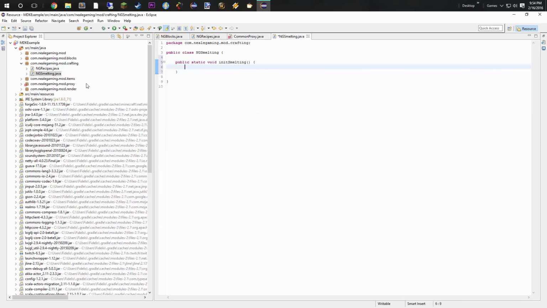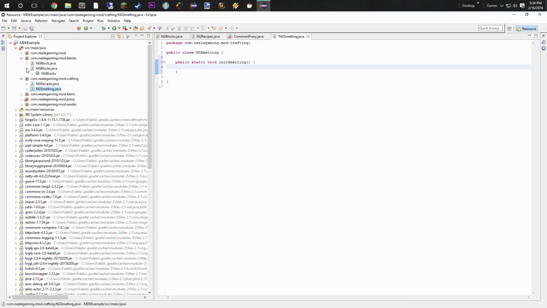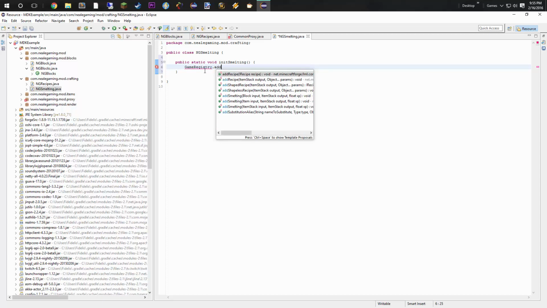Save that, and we're going to come over here, and really what we want to do is add our, well, we have a whole bunch of ores, right? I'm trying to think of how it works in vanilla when you mine an ore, but I can't remember if it's vanilla or a mod, but that doesn't matter because we're going to just do it this way. So we're going to do game registry dot add smelting,